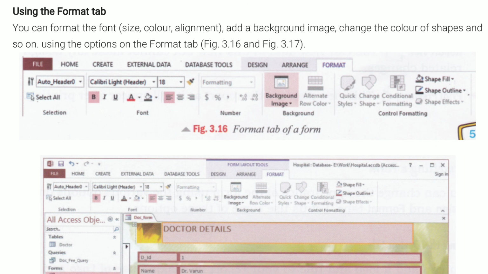If we want to change the font size, color, alignment, we can use this format tab. If we want to add a background image, change the color of the shapes, and many more, we can use this format tab to make changes in the form according to our choice.